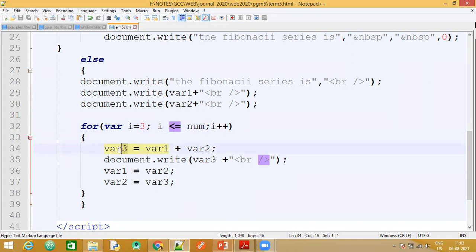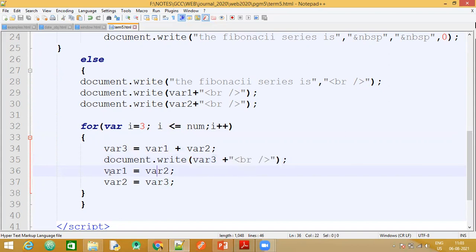Now we have seen that we have declared variable 3 there, and because we need to generate the Fibonacci series, as the loop proceeds we will have to add variable 1 and variable 2. The result will be stored in variable 3, and with the help of document.write we shall print it on the screen. Then for each generated variable 3, we'll print it on the next line, so we make use of a BR tag.